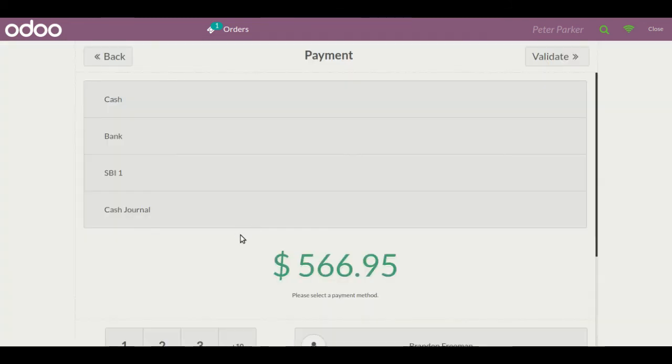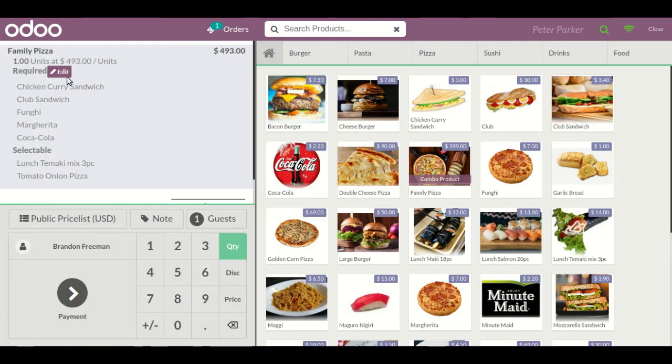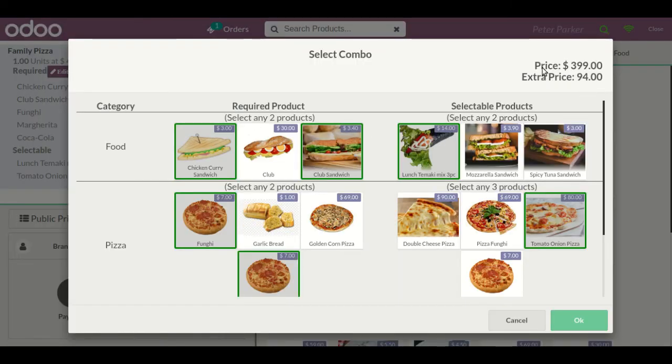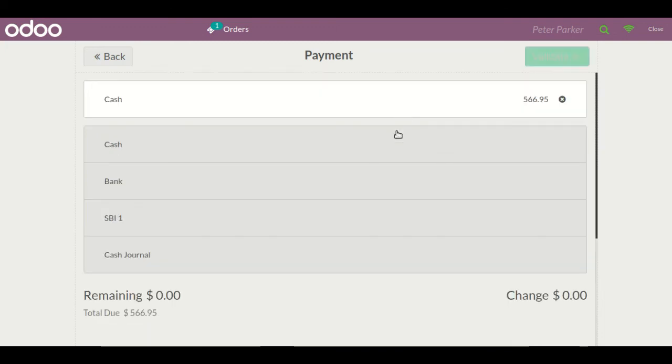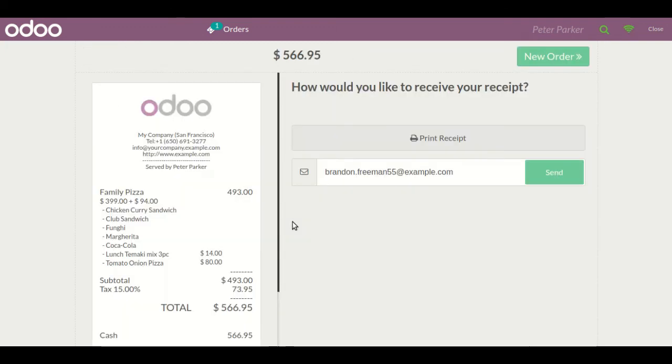Now let's proceed to the payment. Before going to payment, let me show you one thing: whatever price and extra price there is will also be summarized over here as per the configurations we have done from the backend side, right? Now let's proceed to the payment. Let's select the cash method and validate it, right?